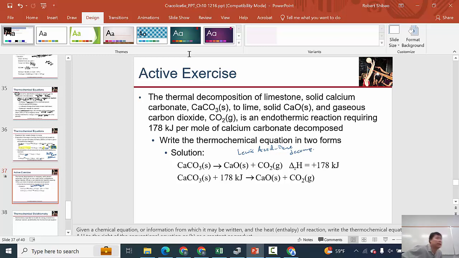And so here, that means that calcium carbonate is more stable than the products here, and so we're going up. And we're going to go up by 178 kilojoules. This is going to require energy to accomplish this. This endothermic reaction is one of the, I think it was,